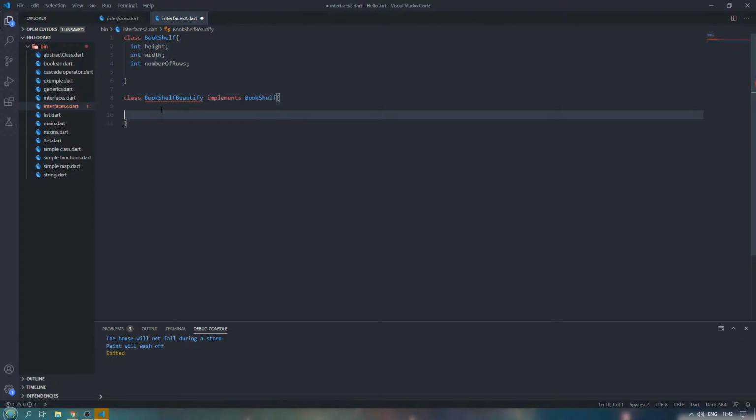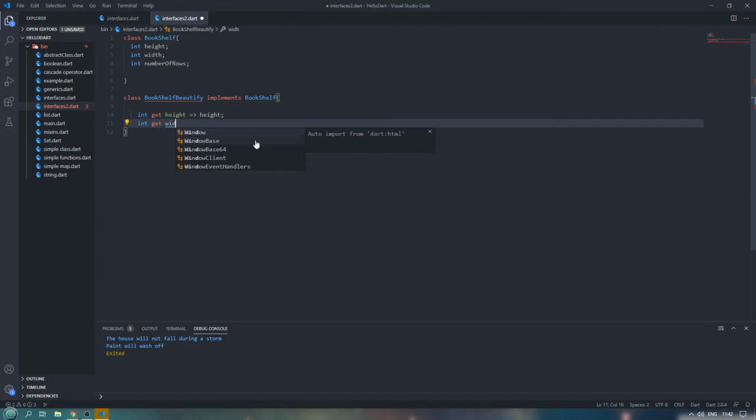So to do that, we first have to create certain getter and setter methods. So you're going to say int get height, and then int get width,